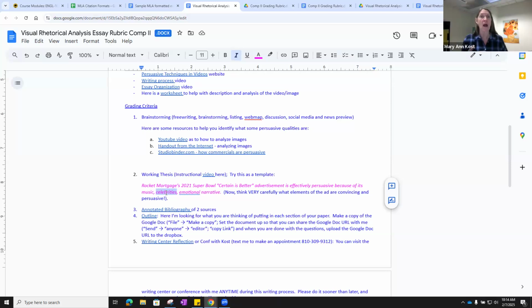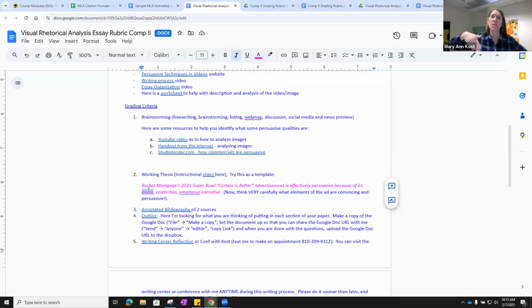So you need to indicate how come these celebrities are well known. Talk about how long they've been in the industry, how many records or how many songs they've sold and whatnot. And then talk about the emotional narrative. How does it pull at your heartstrings? How does it pull at your emotions?